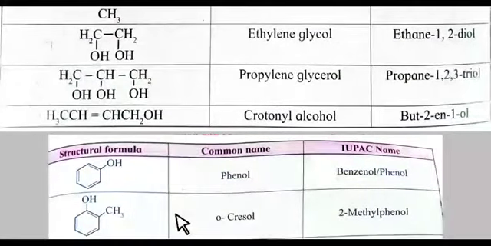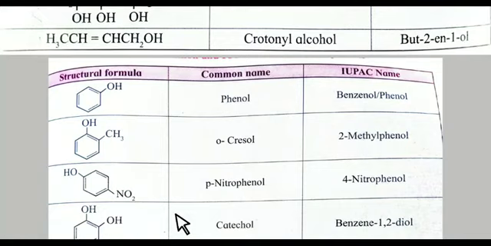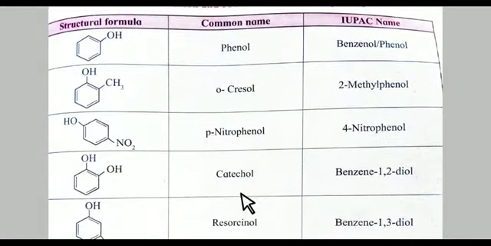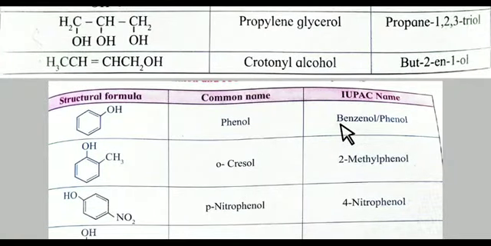The second example in this is phenol. Now see here, we have to first study the common name. So this is called phenol, meaning an aromatic ring containing OH. ArOH is phenol. ROH is alcohol. Always remember, student, from the phenol you have to learn all the common names of phenol. So here all the common names are there and you have to learn them. Now see the IUPAC name of phenol. You can say it phenol and you can say it benzenol.